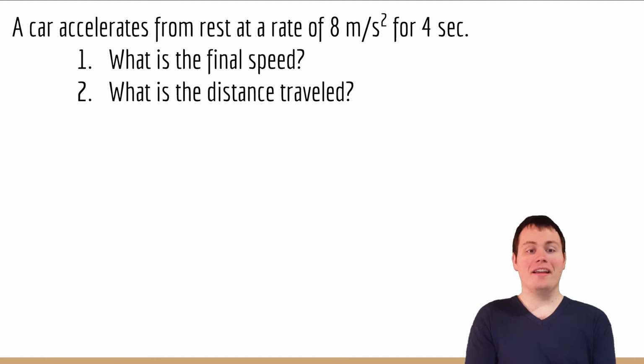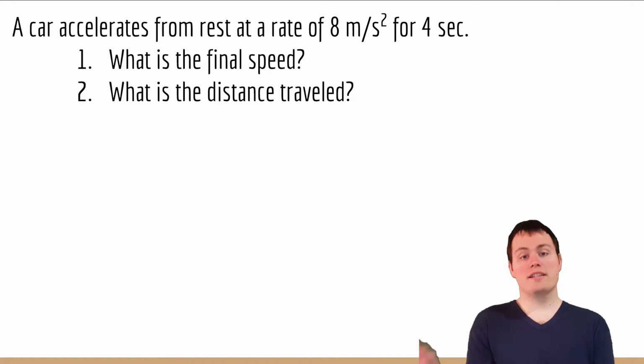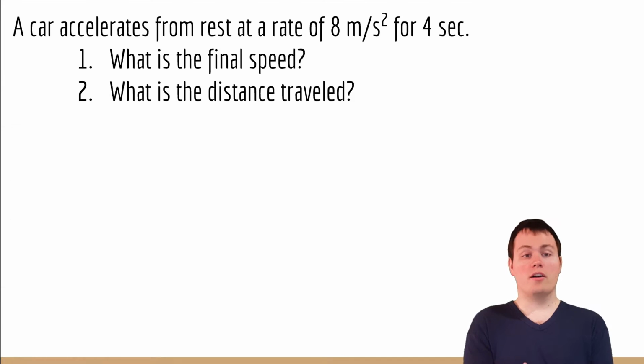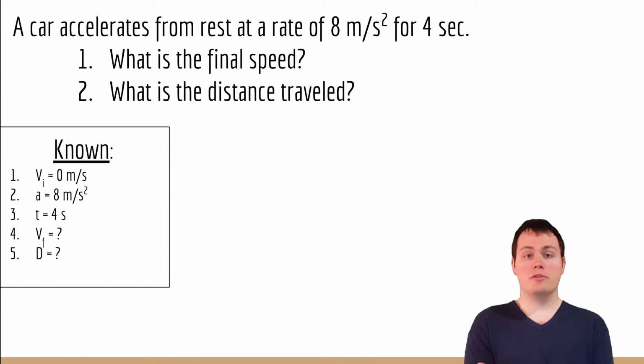Alright, welcome back. First thing I like to do in any physics problem is I always like to write off to the side all of the variables that I know. So based on this problem, we know that the car starts from rest, which means it has no initial velocity. It has an acceleration of 8 meters per second squared. Time is 4 seconds. And what we're looking for is the final velocity and what is the total distance traveled